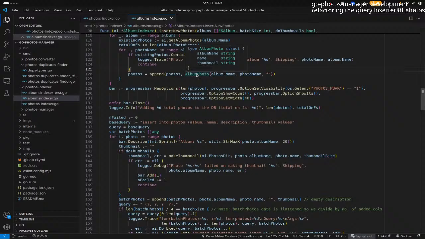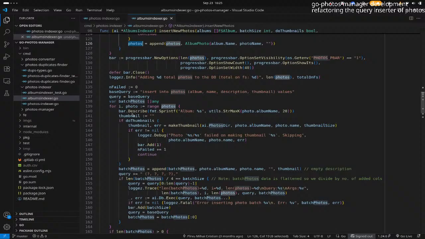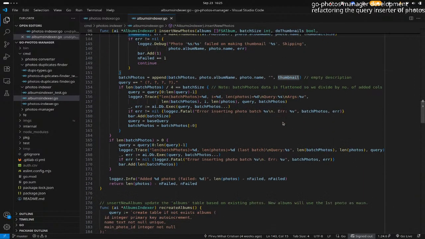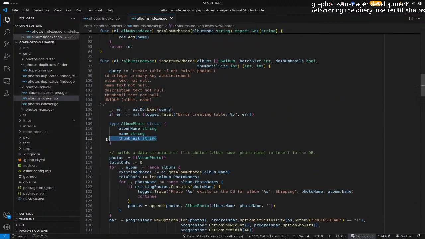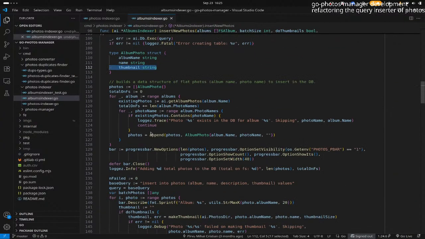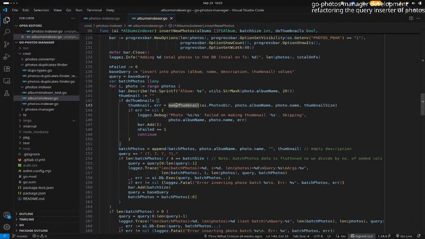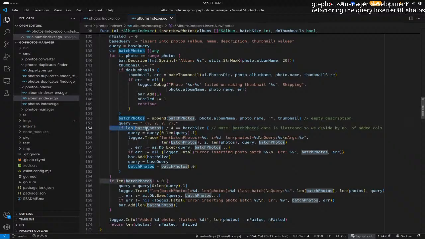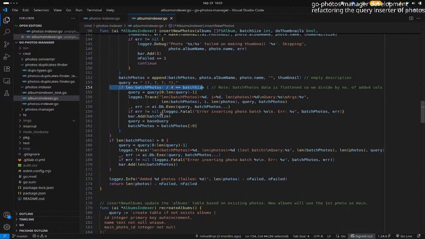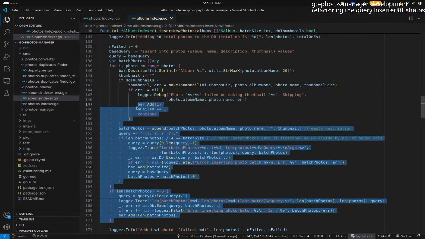Interesting. I never use the thumbnail from here. Or am I wrong? Because I do thumbnail, thumbnail, thumbnail. I never use this thumbnail. I never put it here at all. Okay, so I compute a thumbnail, and then I just add it to this vector, which is batch photos, which then, if I reach batch size, I do the insert. And I just don't like this code, so I will completely refactor it from scratch, because I think